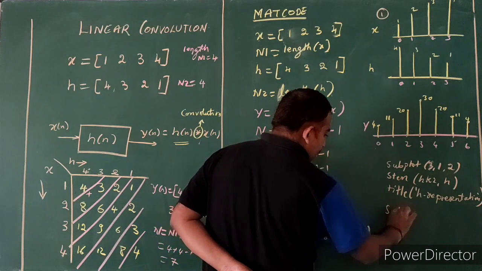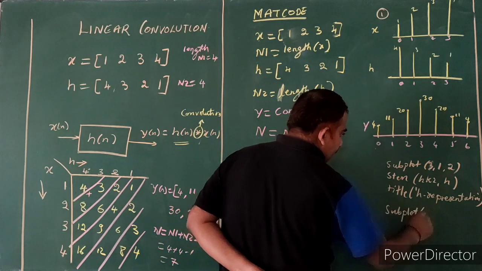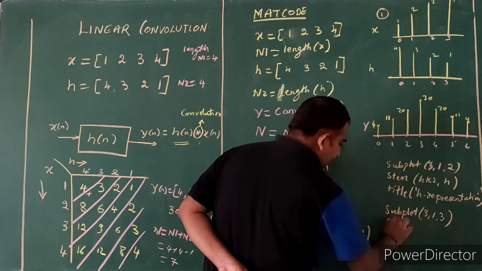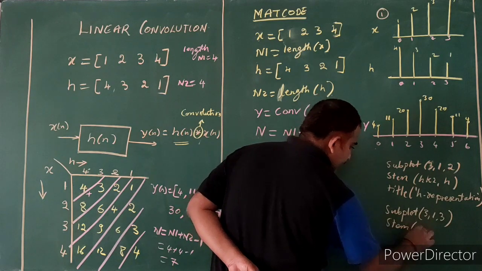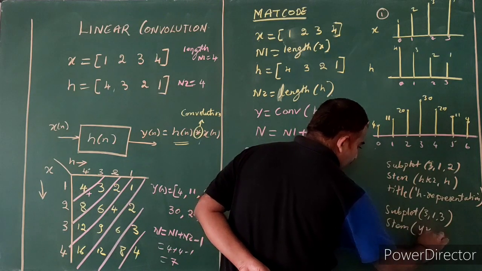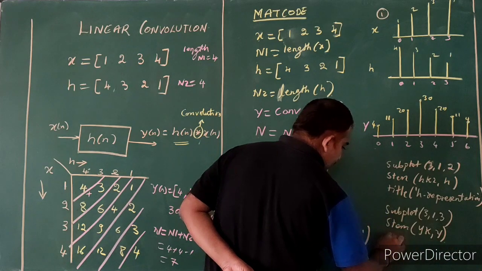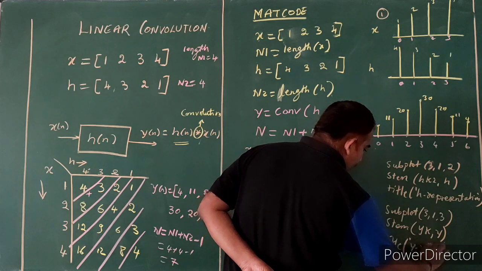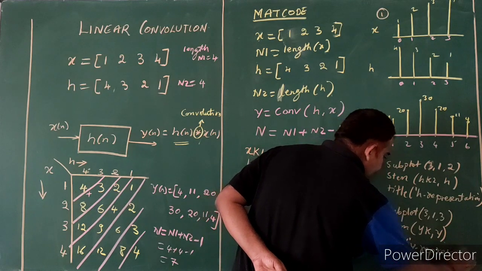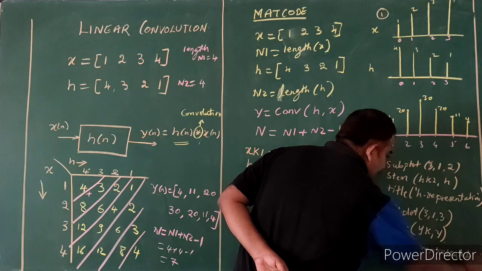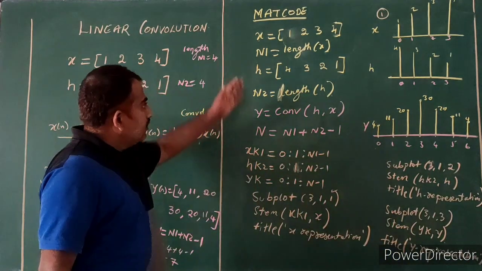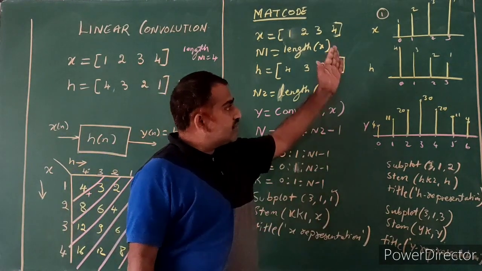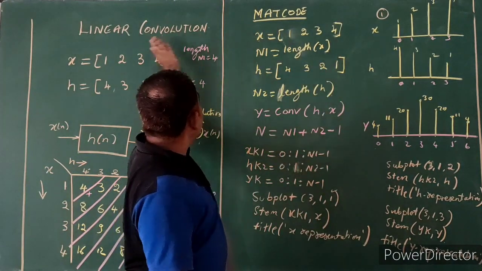Okay, similarly subplot 3 comma 1 comma 3 for y representation there, stem yk comma y, title y representation. Okay, so these are the lines required in a MATLAB program to see the result of the linear